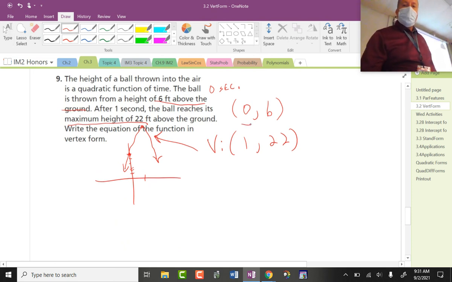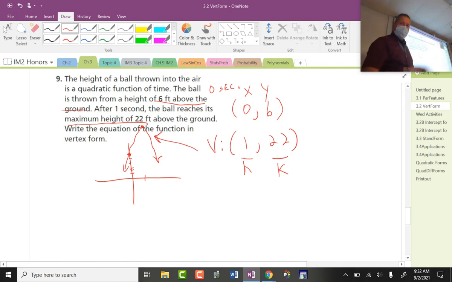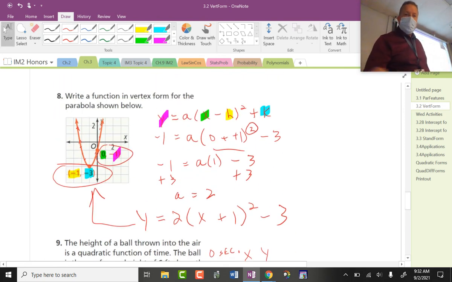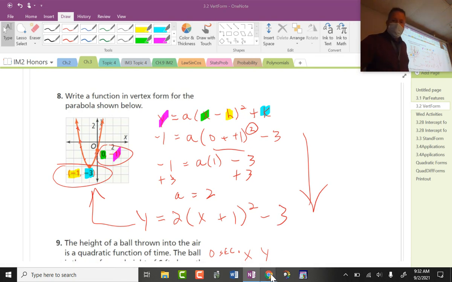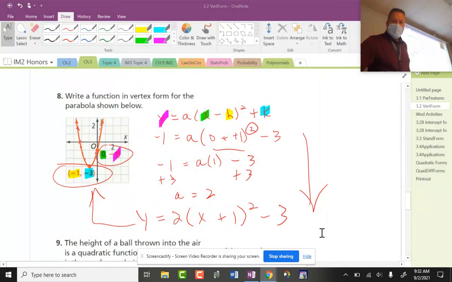I'd plug this in for H, this in for K. Wrong! Sorry, going fast sometimes kills. This is H, this is K, and then this is an arbitrary x comma y that you would plug in for that, and those color codes, and then do all of this work. So honestly, that's what that question is. Word problems, you just extract the important coordinates out and then do what you did on the previous one. Okay,